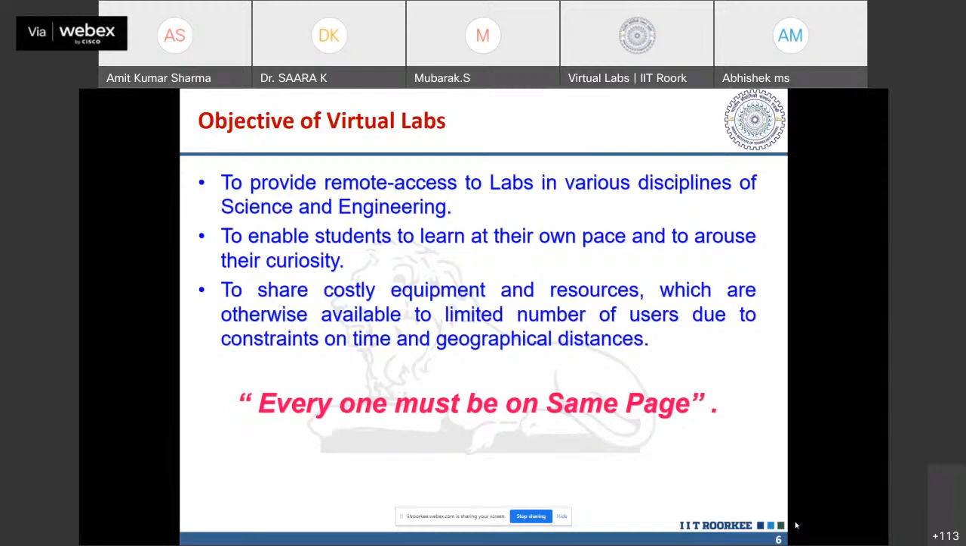to enable students to learn at their own pace, because as you all know, when we are working on our physical hardware or performing the experiment in our physical labs, we always have a time constraint. You access your physical lab within a time-bound period, and if somehow a student is not able to perform the experiment in the limited time, then he or she will wait for the next term. So